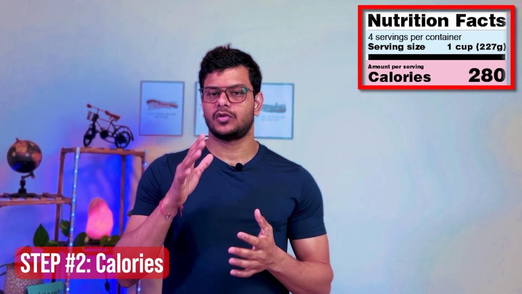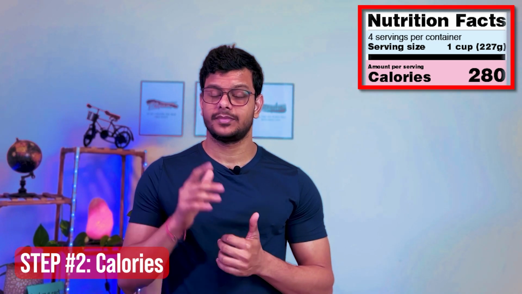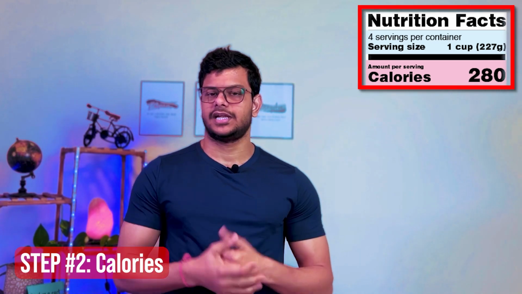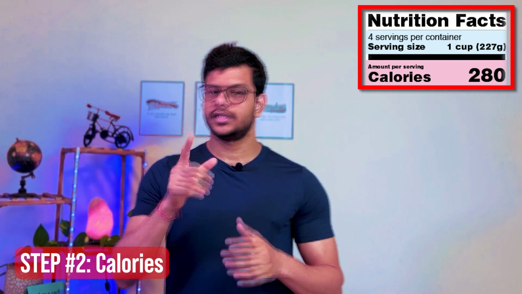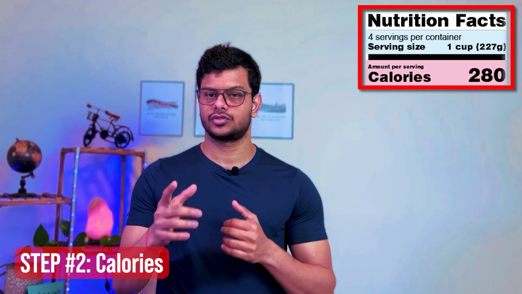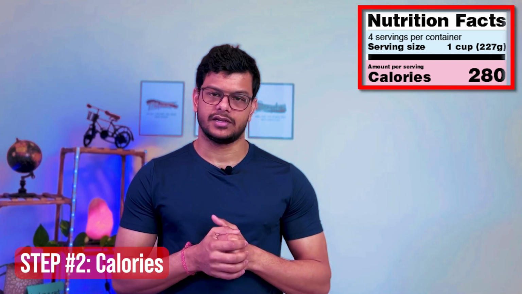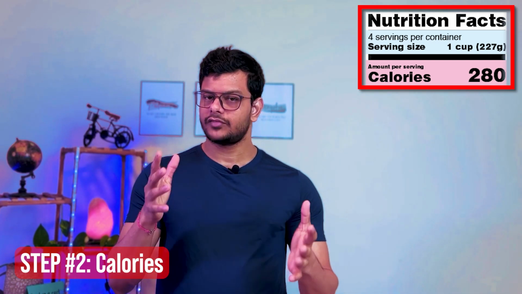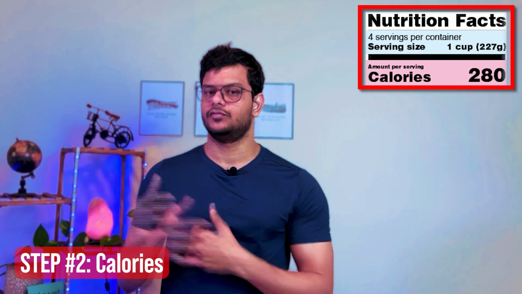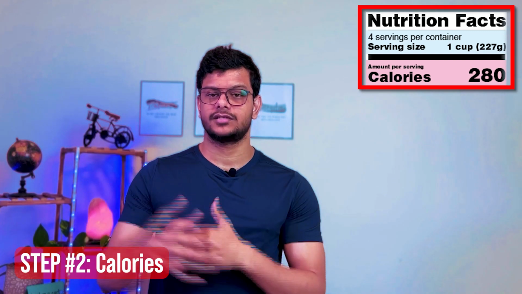The calories provide a measure of how much energy you are getting from a serving of that food. Let's understand better by taking this example. In this image, it shows that one serving of this food, that is 227 grams or 1 cup, gives you 280 calories of energy. What if you ate the whole packet of food? To determine how many calories you are getting if you eat the whole package,